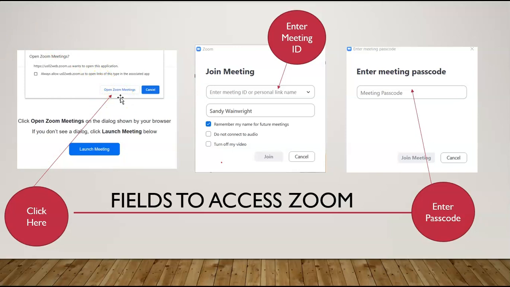Then you're showing them where to open the meeting. Once you click on that, and you have to tell them to click on it, and after they click on it and you open it, you get this next field where it says the meeting ID. Then you remember that number that I showed you. That's the number that you're going to put in there. And then in the next field, you're going to hit join. You click on join, and then you'll get the meeting passcode. Once you put that in and click on join meeting, then you will be open